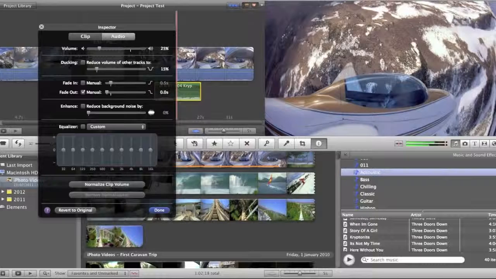Also fade in, fade out. This just means when the music starts, it starts off quiet and builds up. So you can set them both to manual, and I would usually drag them to around 1 second. That just gives you a 1 second bring in, 1 second lead out of the music. Just click done. You can also enhance it with all these things you can have a play